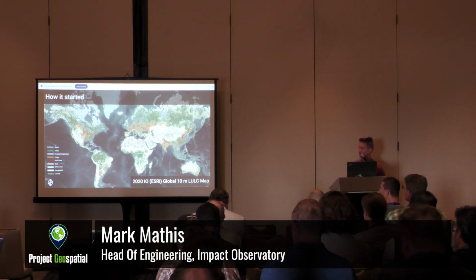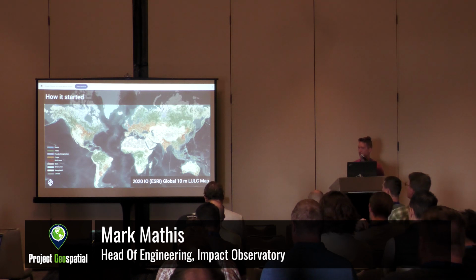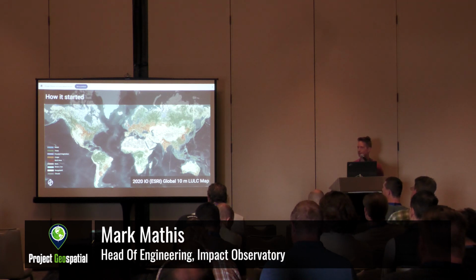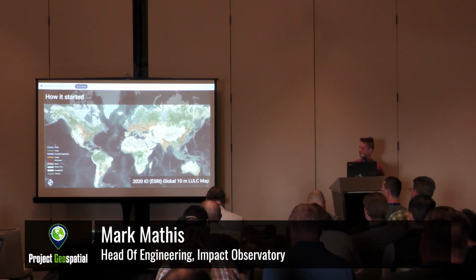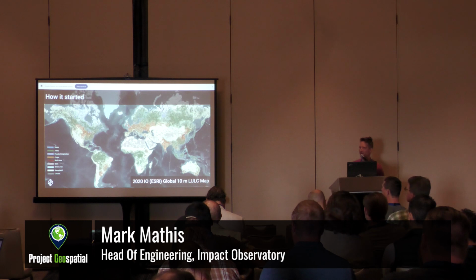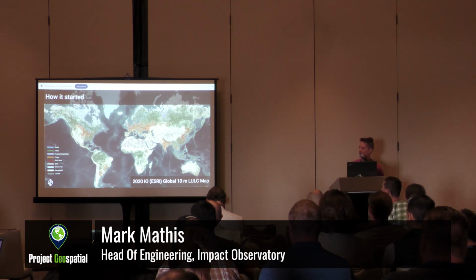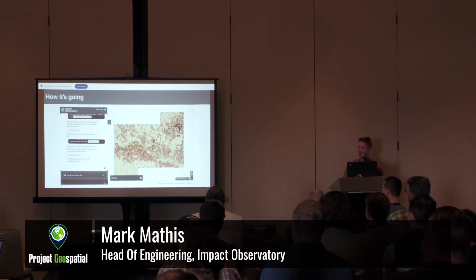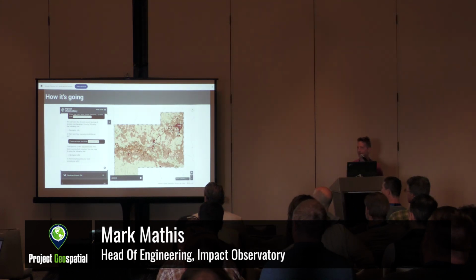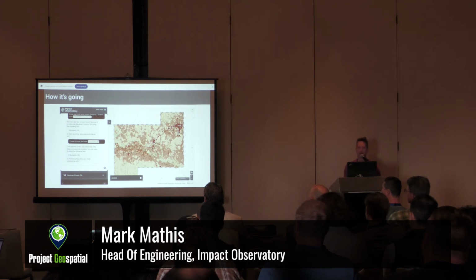When Impact Observatory was started, our goal was to apply artificial intelligence to geospatial problems, and started with training a convolutional neural network on some billions of pixels of training data to create a model and then apply that model at scale, and then again repeating that over time and getting to where now we can do anytime, any place, and showing here the